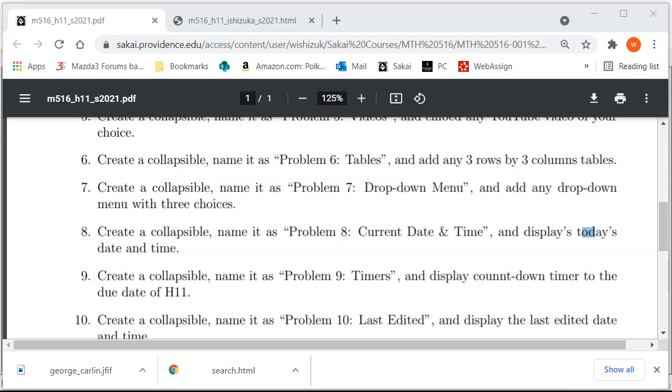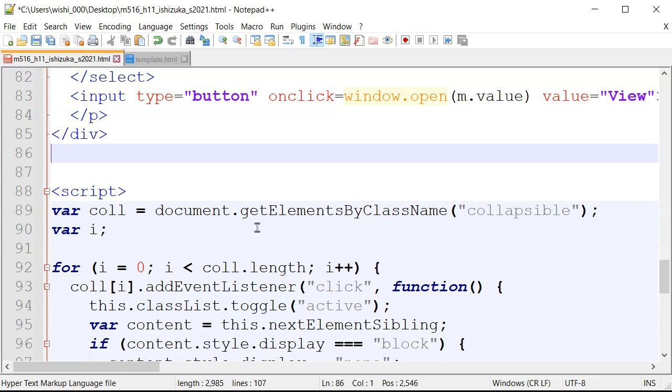All right, let's look at homework 11, problem number 8. We want to create a collapsible, name it problem 8, current date and time, and display today's date and time. So let's do that. Open up Notepad++. All right, so we need